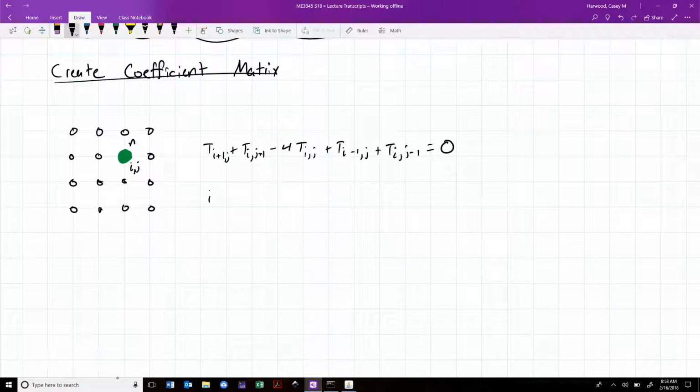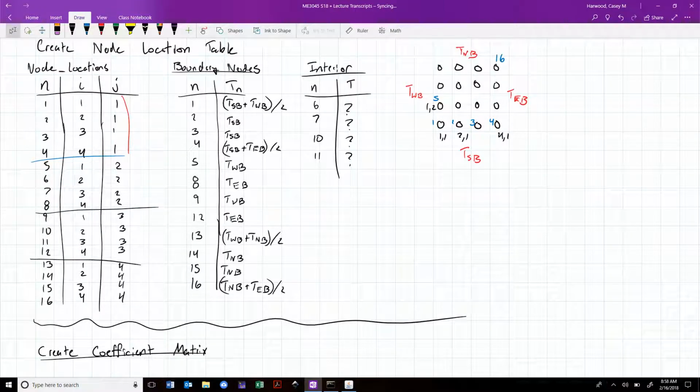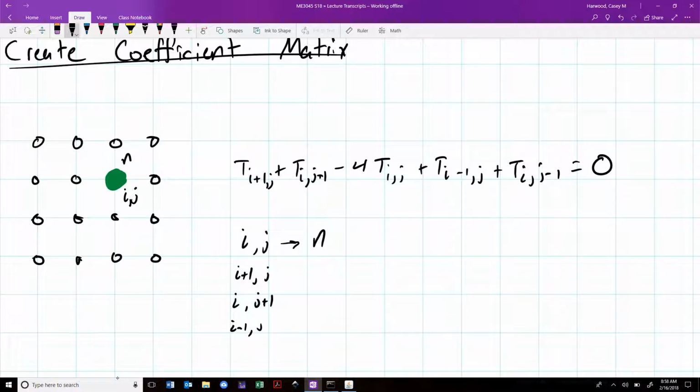So if i, j leads to n, which we would get from looking up our i, j values, then i plus 1 j, i j plus 1, i minus 1 j, and i j minus 1 would lead to, in this case,